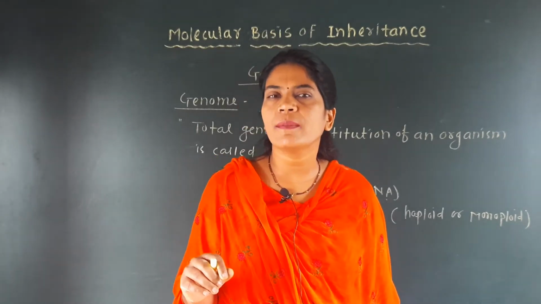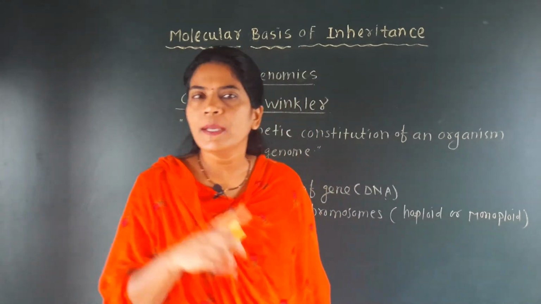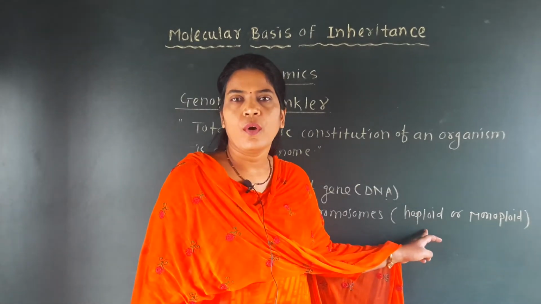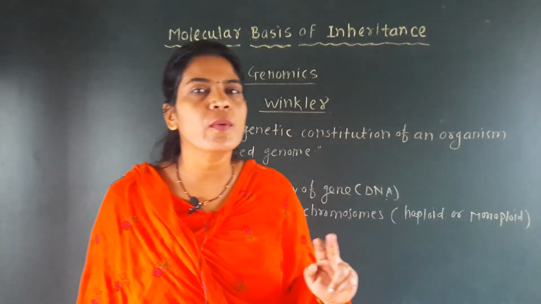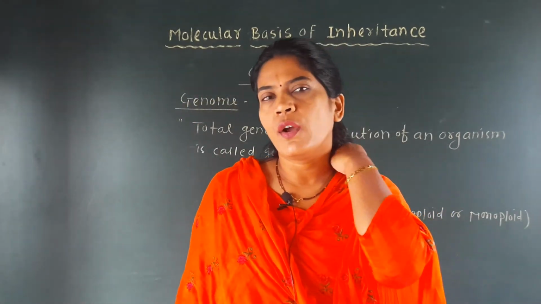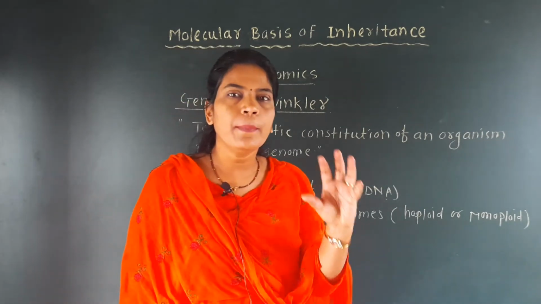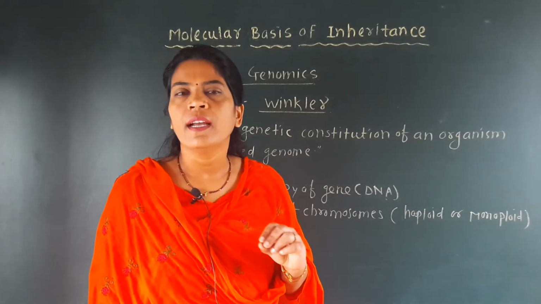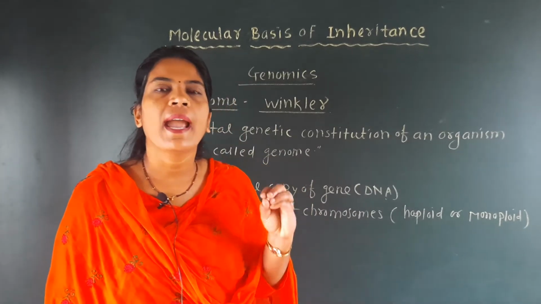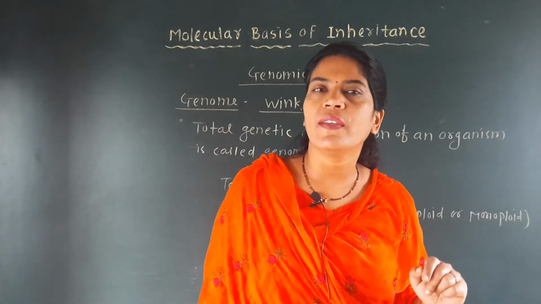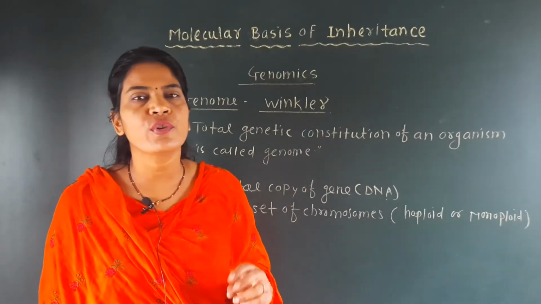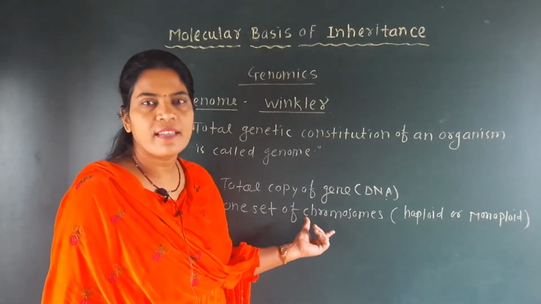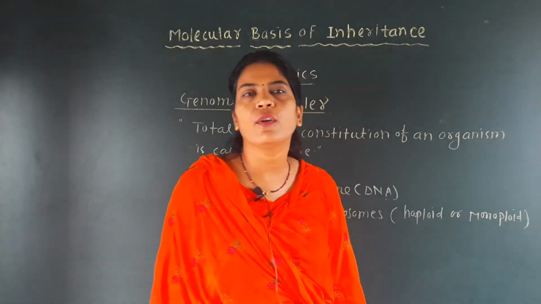If any one organism has only one set of chromosomes, then it is called a haploid or monoploid. If two sets of chromosomes are there, then we call it a diploid. So for example, if there is a study of the genome of the sperm or the egg, then you should know that the sperm and the egg are gametes which are always haploid, and all the genetic constitution of that sperm will be only one set of chromosomes, and that set is called the haploid set or the monoploid set.